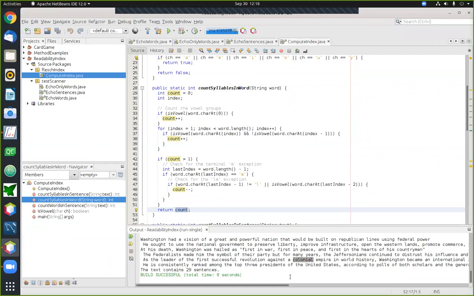Oh yeah, okay, you've got me there, because it turns out that there's yet another exception. You're right, there are some instances where things will actually be pronounced. You're exactly right. In that example, the word colonial would count as 4 syllables, yet my rule would count that as only 3. So it looks like I need to go back to the drawing board, and there are yet more exceptions that we haven't handled correctly.